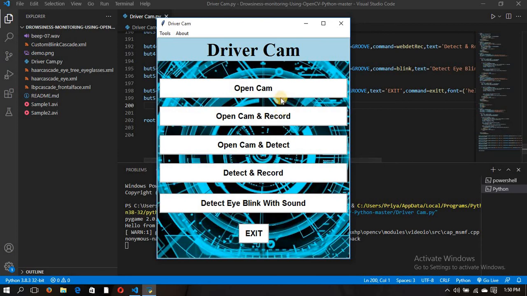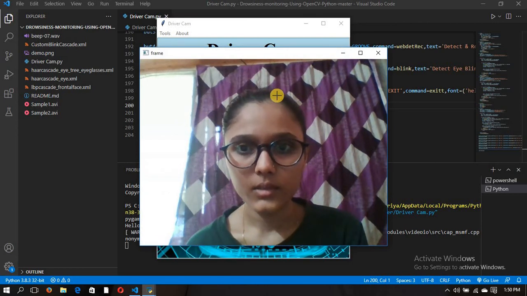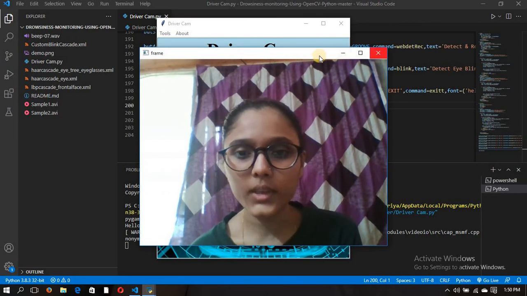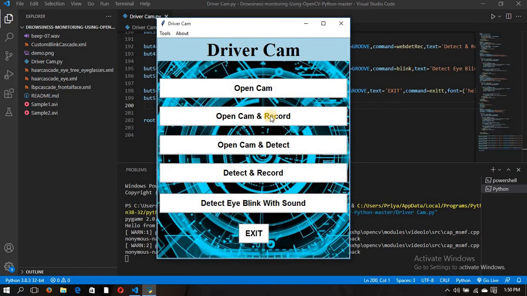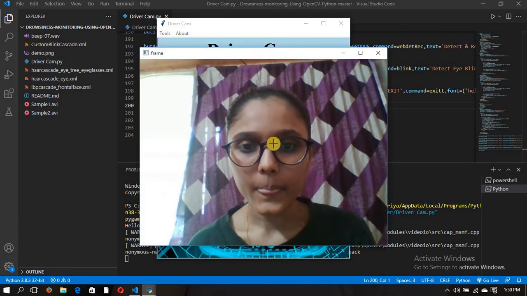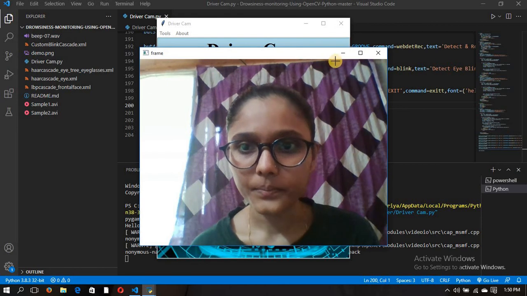The first button is open cam, it will just open the cam, like you can see me, right? It will just open the cam, and if I press Q, it will destroy that window. Then open cam and record, if I press this, it will open the cam and also record it.